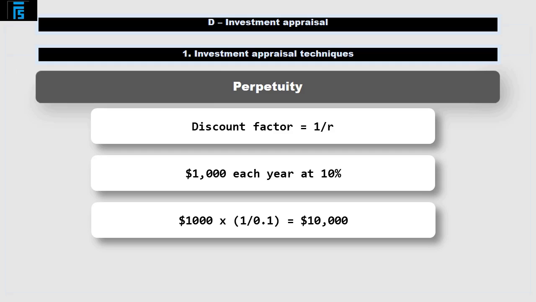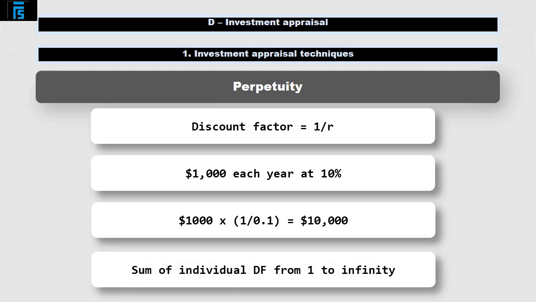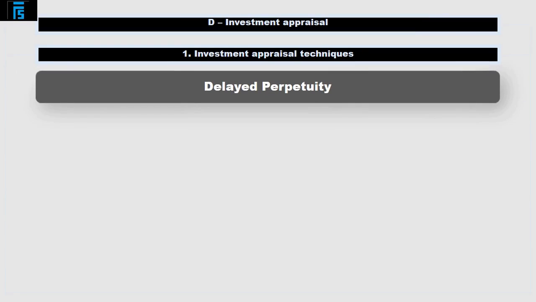This recreates the perpetuity cash flows. Technically speaking, a perpetuity factor is the sum of the individual discount factors from 1 to infinity. It's useful to remember this if the perpetuity doesn't start immediately. If it doesn't start straight away, the approach we'd use will be similar to that we would use for an